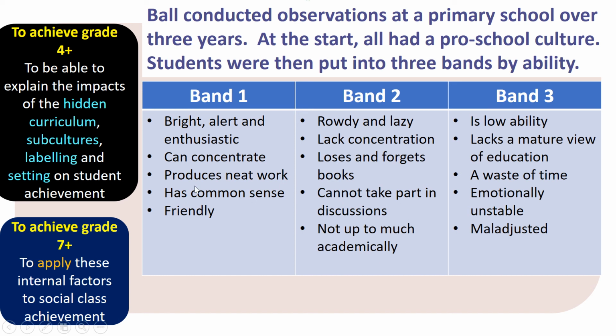If at the end of 3 years, band 1 students were getting the highest marks in assessment, well, yeah, maybe it's because the smartest students were put in band 1 in the first place. But you guys know, whoever gets the highest grade 1 year doesn't necessarily get the highest grade the following year or 3 years later. Some of you who got the highest grades in year 6 in primary school aren't getting the highest grades now because some people have been working hard for 4 years and have overtaken others. And just how it goes.